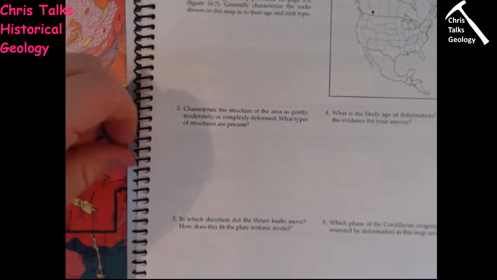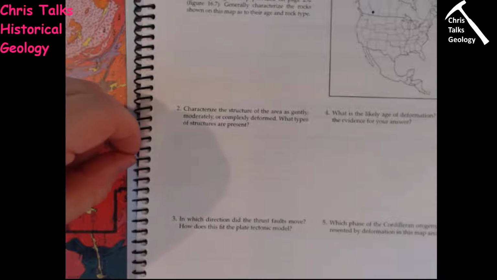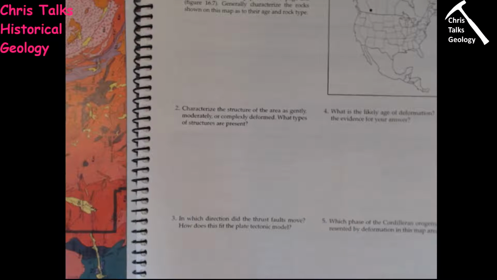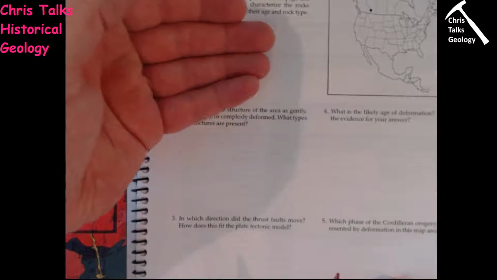So are the thrust faults moving in a relatively similar way, or are they moving in a different way? Are they moving in the opposite direction, for instance? If they're moving in approximately the same direction, then there we go, that's consistent. If, however, they're moving in the opposite direction, well, that's not consistent, is it? We've got to come up with another explanation as to why that would be happening. So have a look at the major thrust faults. We said there are 3 of them on the map, and have a look at their direction of travel and see whether that matches with this west to east,